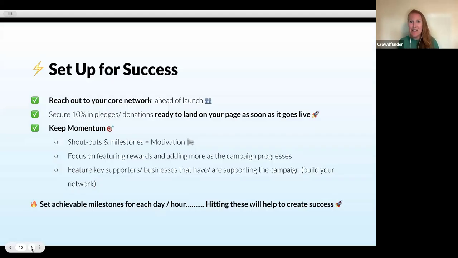Okay, so let's get to the nitty-gritty of how you are going to raise that £5,000 in 5 days. And it's such a short amount of time. Ultimately, it comes down to the planning and that network. So you want to set yourself up for success. You want to make sure that ahead of your launch date, so you're going to have a date in mind for your first day of your launch,